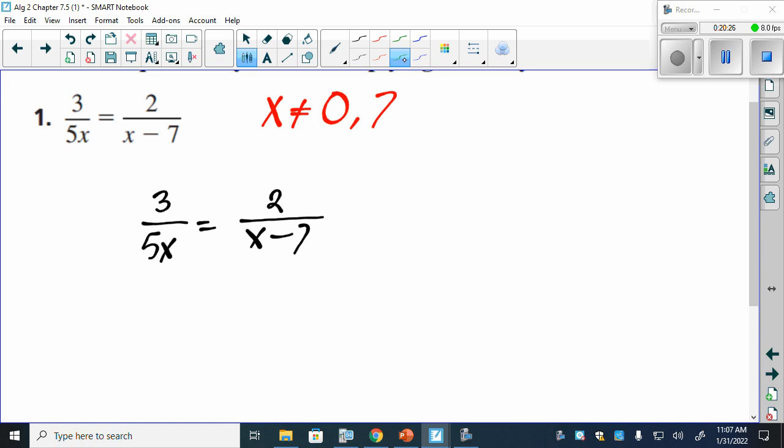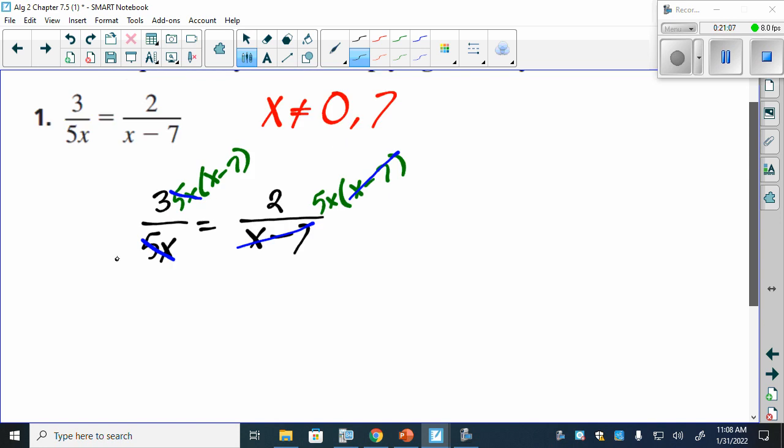Okay. What would we do first? We multiply both sides by what? Yes, x minus 7 and 5x. So we're going to multiply everything in this equation by 5x and x minus 7. The reason we do this is because in the first one, the 5x and 5x would cancel out, and in the other one, the x minus 7 and x minus 7 would cancel out, leaving us with